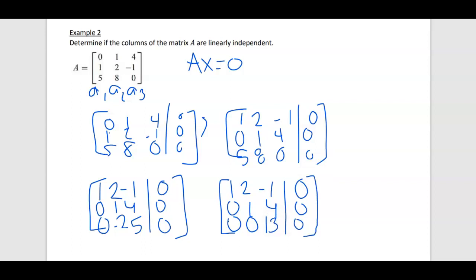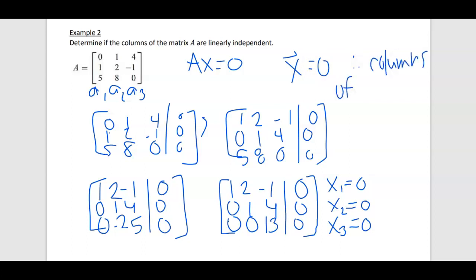So in this case, the only number that's going to make this bottom true is x3 equal to 0. And if that's the case, then 1x2 has to be 0, so x2 has to be 0. And if that's the case, then x1 equals 0. I have the trivial solution of the 0 vector, x equals 0. Therefore, the columns of A, or these 3 column vectors, if you wanted to separate them out, the columns of A are